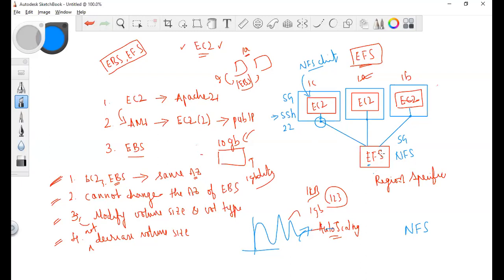And why I'm using the word mount is because this EFS supports only Linux workloads. Only EC2 instances which have Linux as the operating system will be able to mount to this EFS. I explained this in the last class also. I'm just giving a detailed recap.